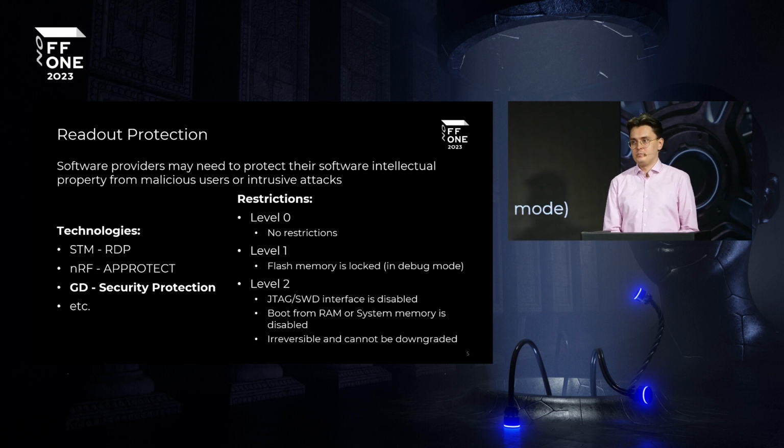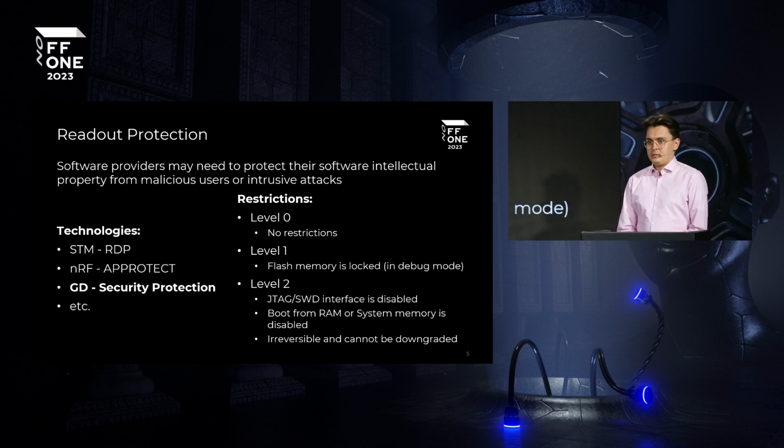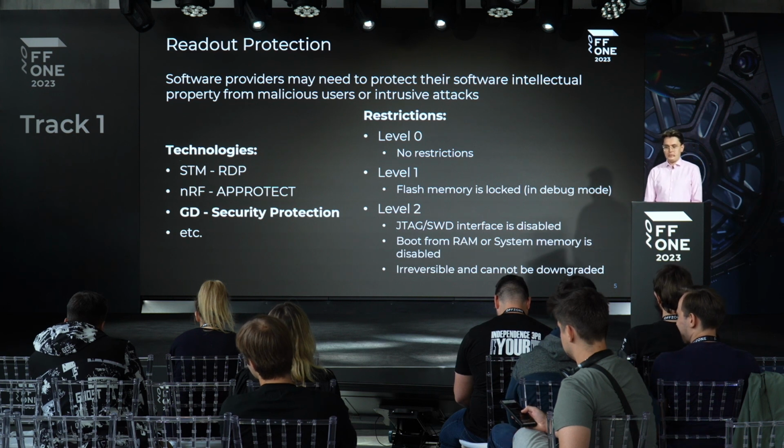When manufacturers design their own hardware, they want to protect their firmware, the encryption keys that are built in, and various unique algorithms. Microcontroller manufacturers take care to protect the products from readout. For instance, in STM they use RDP, in NRF APPROTECT. In GigaDevice this is security protection, and today I will talk about the vulnerabilities in security protection by GigaDevice, but